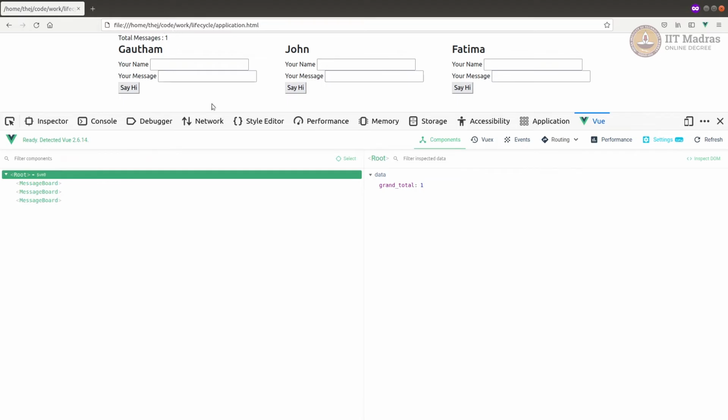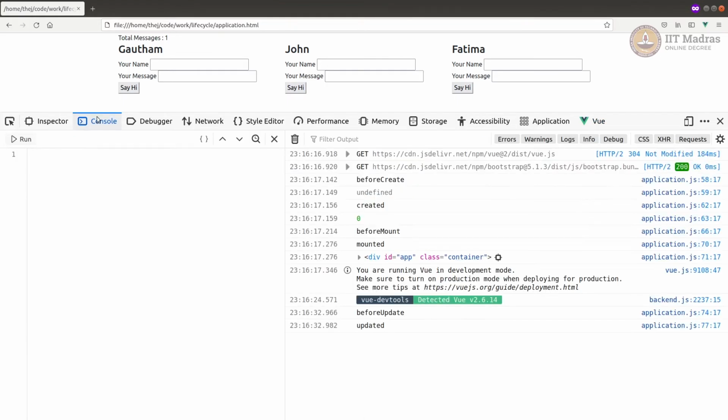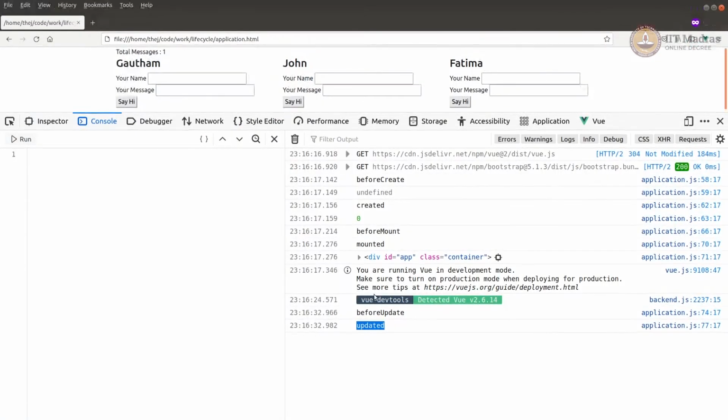Right, so it got changed here. Now if you go to console, you can see that before update and update got called. That's because we changed the data and the data in turn changed the virtual DOM. Hence before update and updated is called. Right, now let's look at the next set,